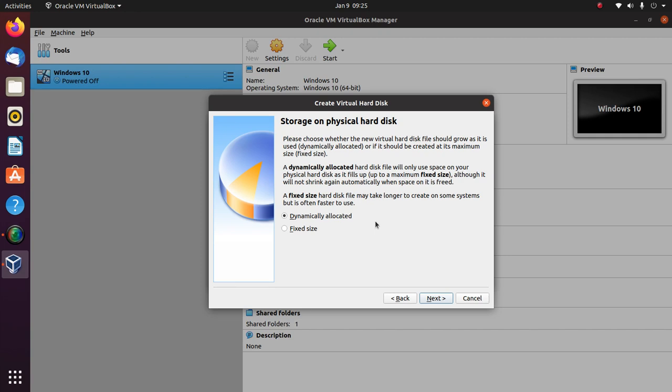If it is using very little memory space, then it can leave that memory space available for the host operating system to consume. So we want to keep the memory space available for the virtual machine dynamic so that whenever it needs it, it will use it. So let us keep dynamically allocated for the physical hard disk storage.